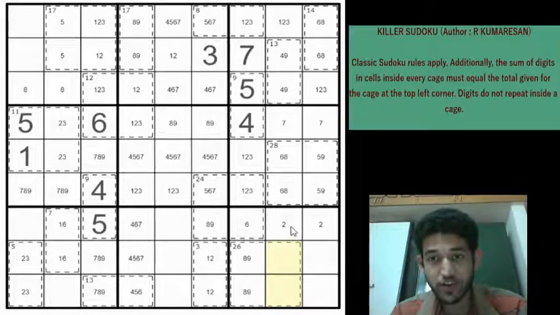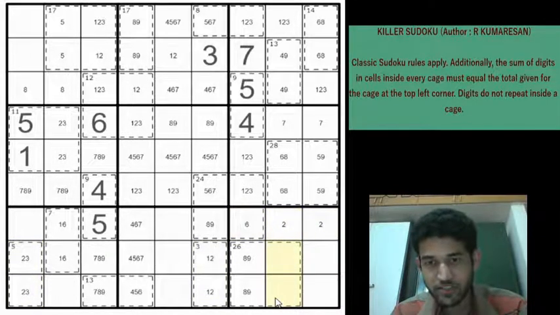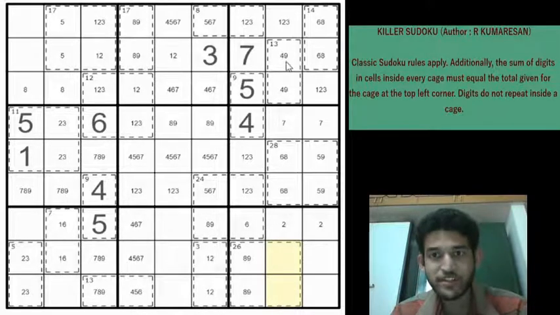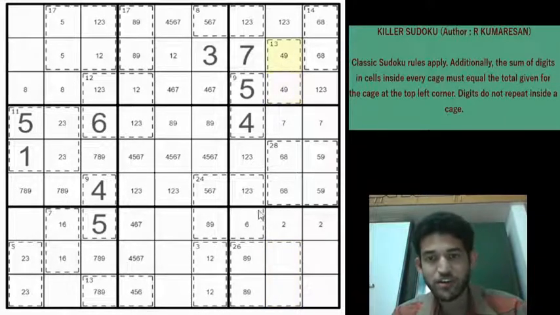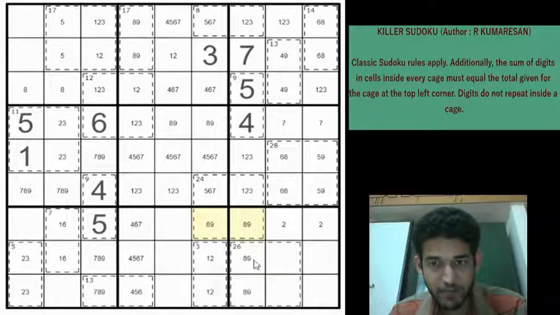Okay, 2 and 7 is not possible because you have narrowed down 2 to one of these cells, right? Because 2 is here and 2 is here. So 2 in box 9 will be going here. So 2 and 7 is not possible. 4 and 5 is also not possible because you have 4 here. Beautiful. So you can't have a 6 here, so this can only be an 8 or a 9. That is fantastic, guys, because we get an 8, 9 pair now. So these two cells will be 8 and 9.